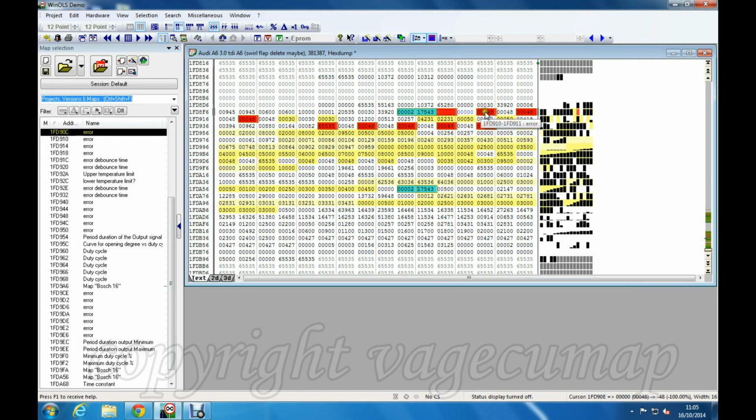Now, if you do the same, so you make that one 65535, that one 0, and so on. So if you change all of those until you get to the last one, which will be there, then all of those error heal zones will be gone. So whatever they represent for swirl flaps will now cease to function.